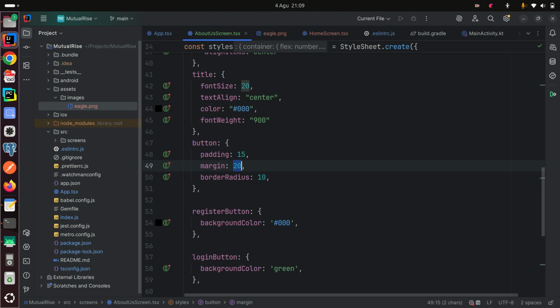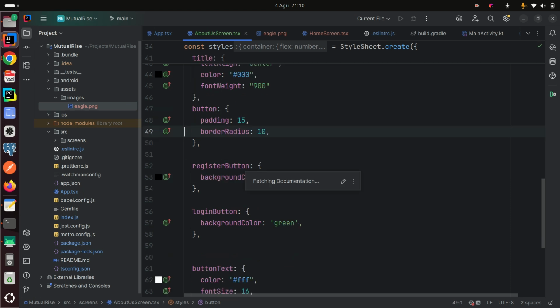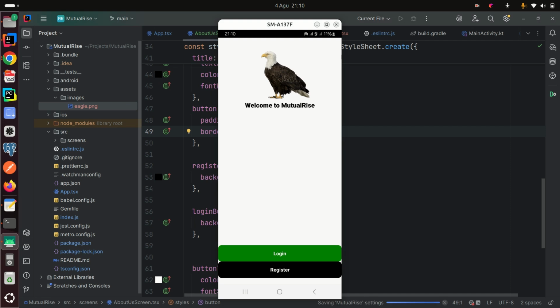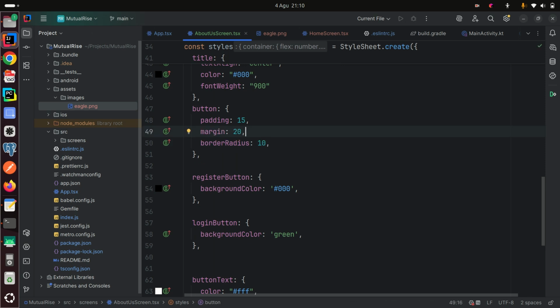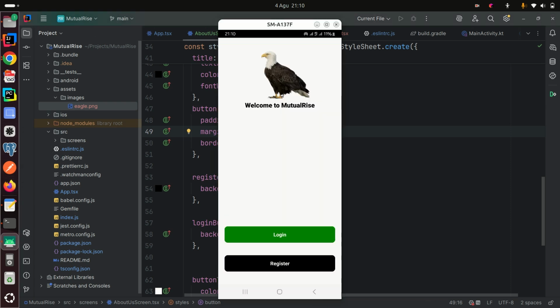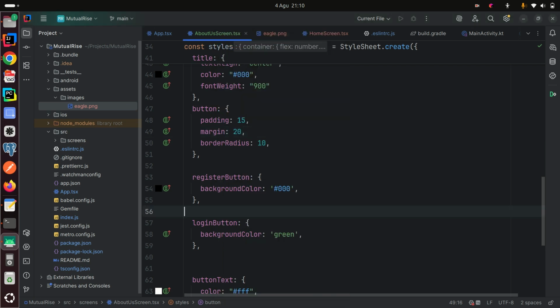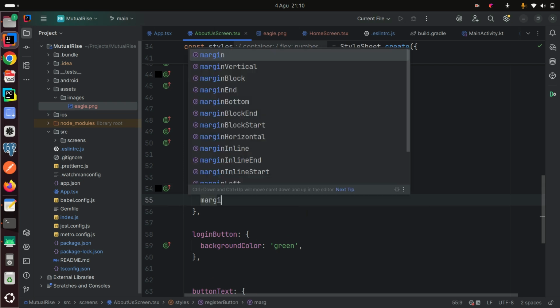So if I want each to have its own margin, I can remove the margin from there. Now if you remove the margin from there, it is like this. So I can remove this, I can maintain this, then under login, because the button that starts is login, then register. So for register I can reduce the margin vertical, which happens via the y-axis. So I can say margin vertical